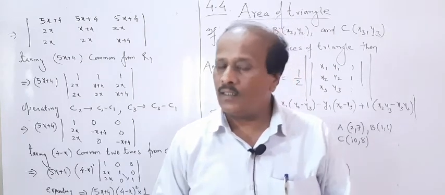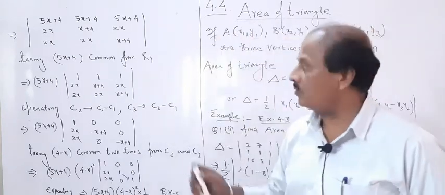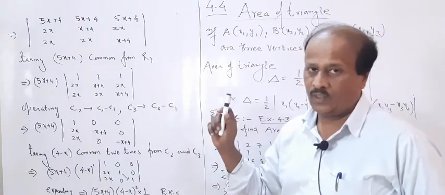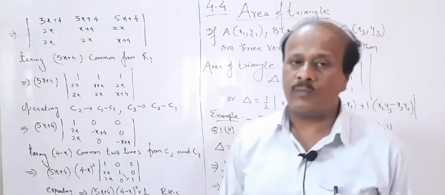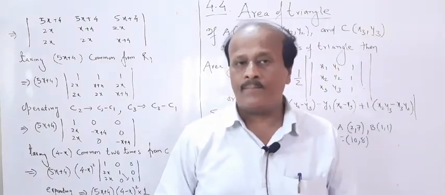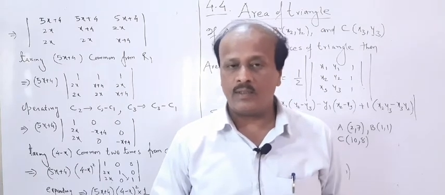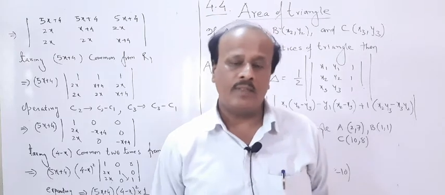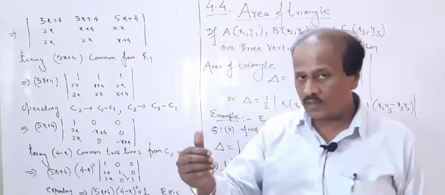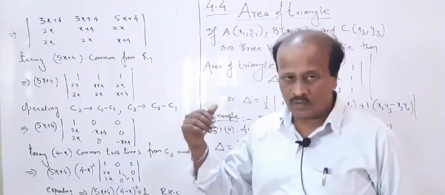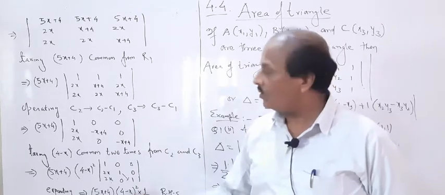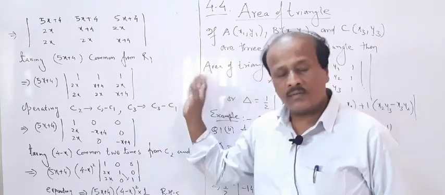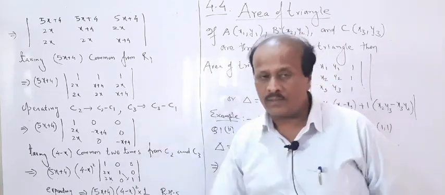It's an article similar to what you did in 10th standard also. If you have seen coordinate geometry of 10th standard, there was the area of a triangle. Even in 11th standard we had this topic. But since this topic is related to our determinant also, it is given in your textbook, but it's like a revision part only.